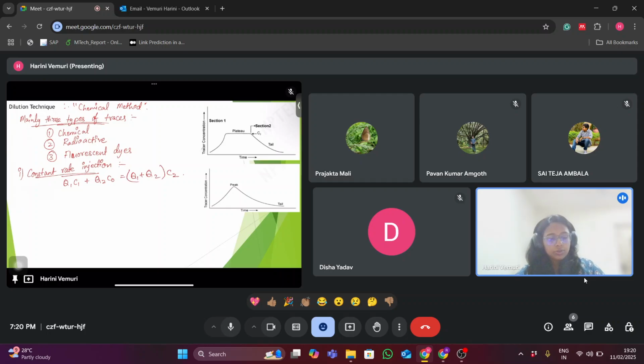Here suppose C naught is the concentration of the chemical that we are injecting at Q2 rate, okay, into a stream which has initially the stream flow Q1 and the concentration C1. At some point in the downstream, the flow will be Q1 plus Q2 and the concentration will be C2. Okay. So we can measure this concentration by taking a sample from the river. So the Q2 is equal to,